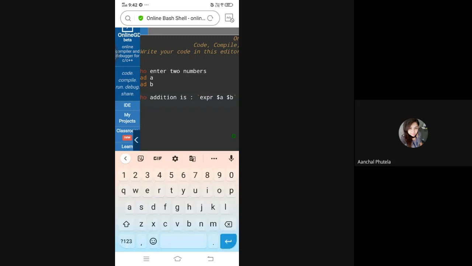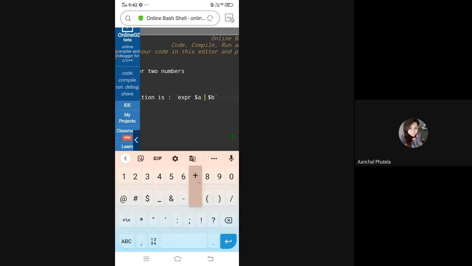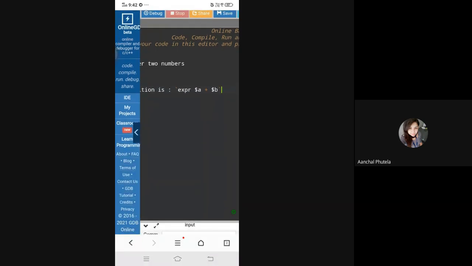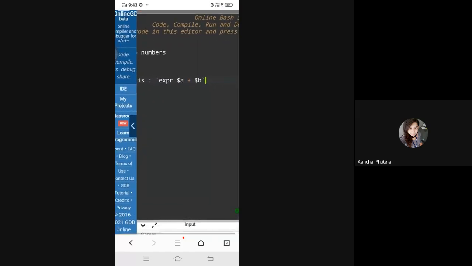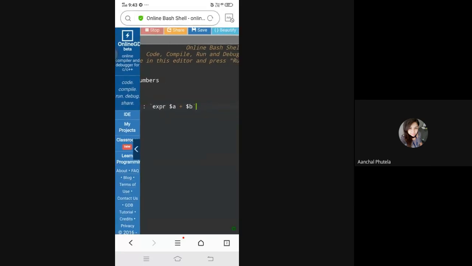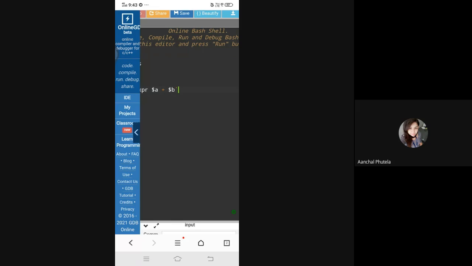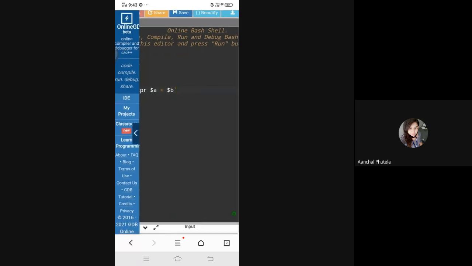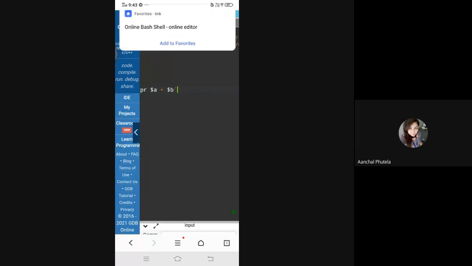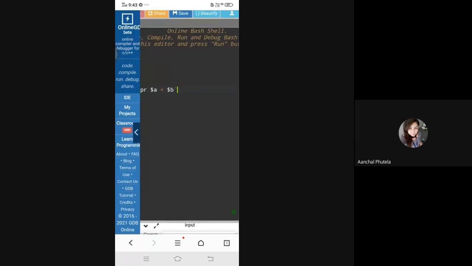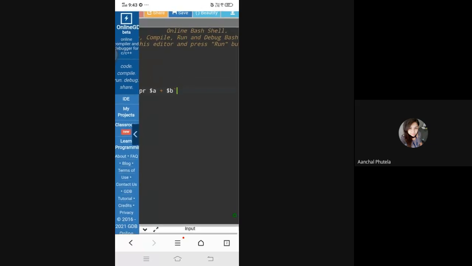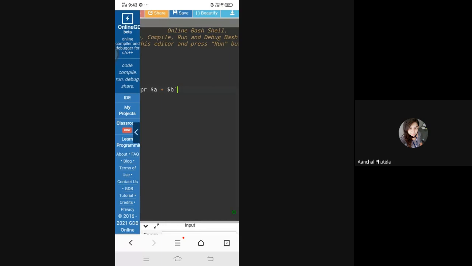The addition operator got skipped in between. Yes, now run this. Execute this code. Yes, Zeel, it is correct. Execute this code.